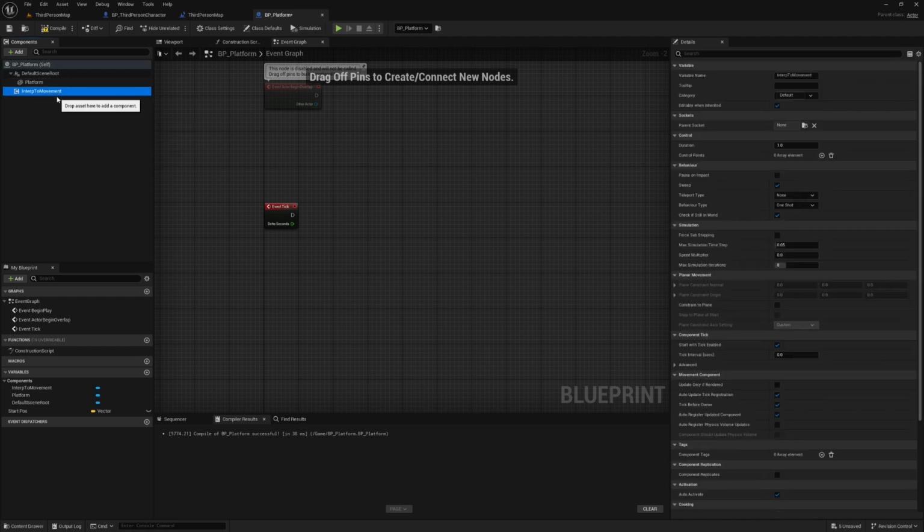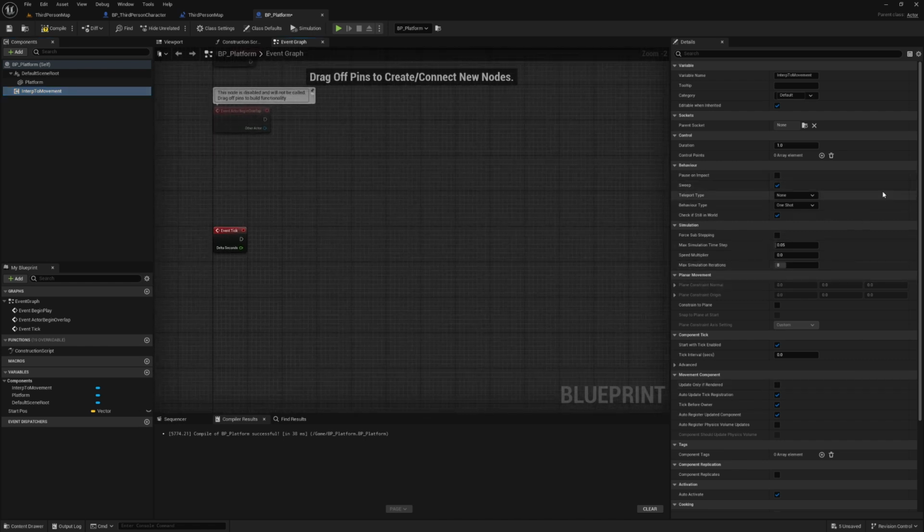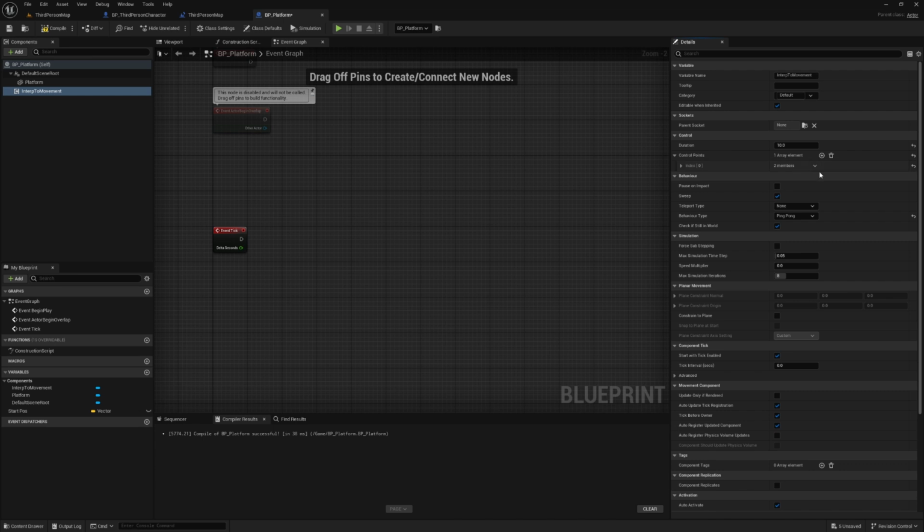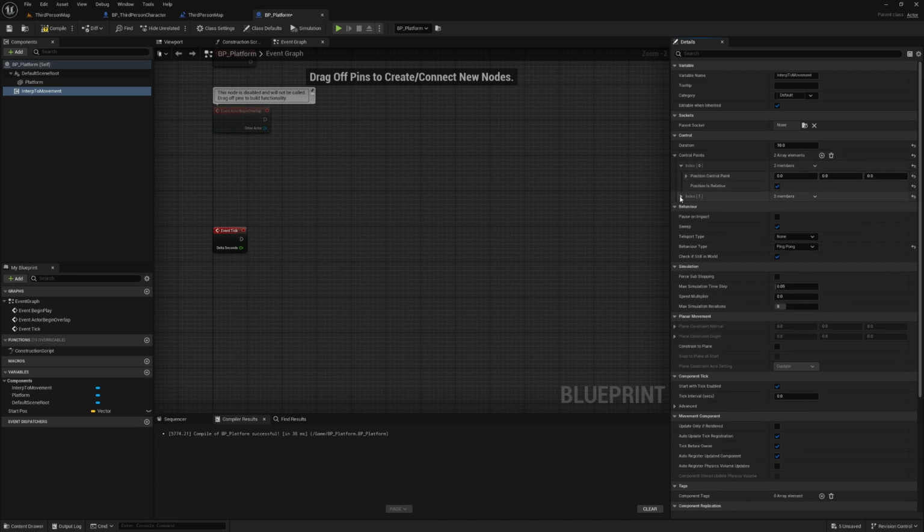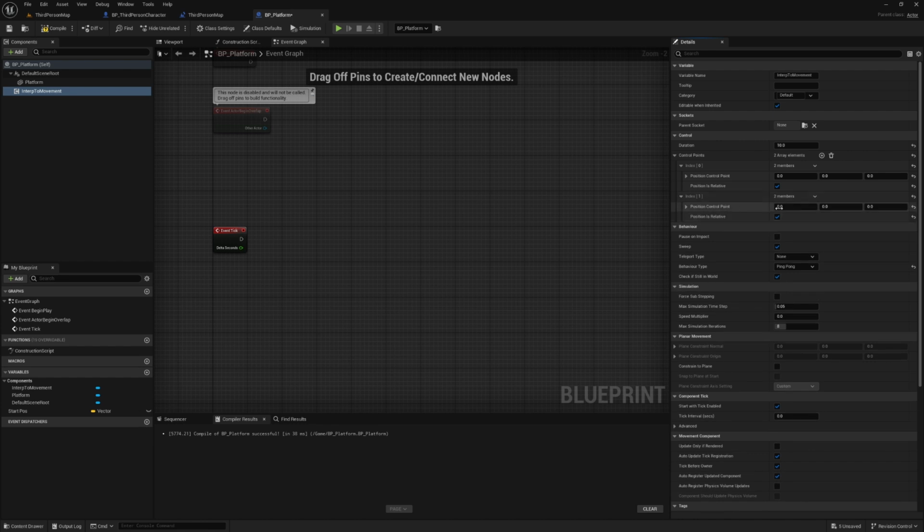And what you can do is select interp to movement, and you've got a whole bunch of settings over here that basically make this into a moving platform with very little work. So if we were to change, say, the duration to 10 seconds, and change the behavior type to ping pong, and we also added a couple of control points, you can think of these as your start and end position. I can add 2 of these, and then if we drop these down, you'll see that